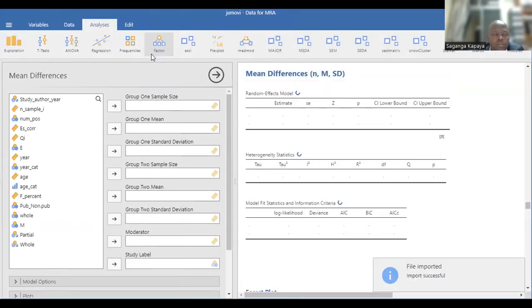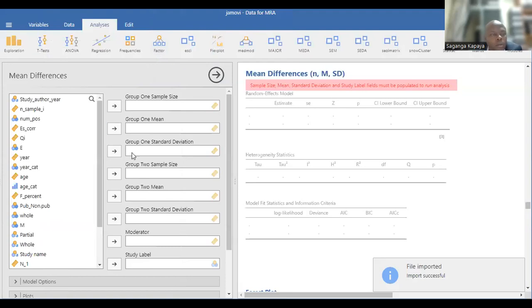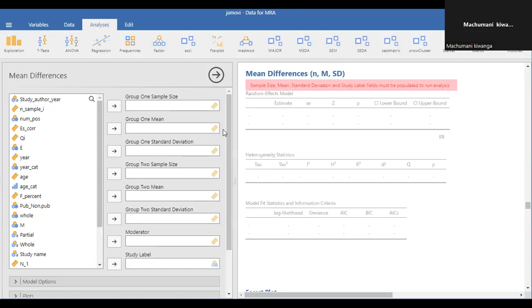This one. Okay. So with this one, you're actually doing some group analysis, which means you'll have to have the number, the mean, and the standard deviation from each of the studies. For example, in the first subsample,